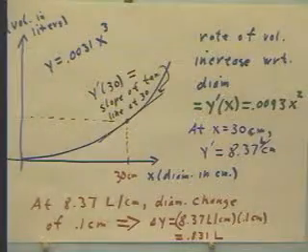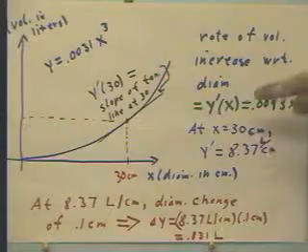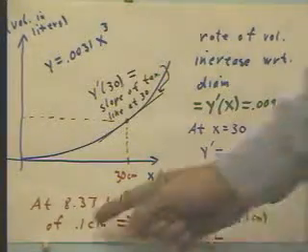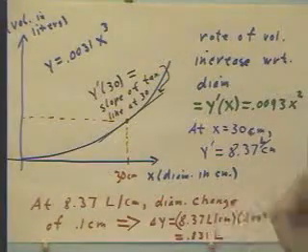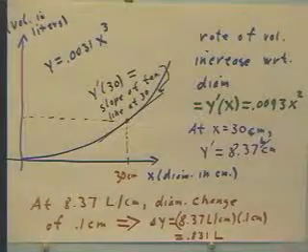So we see that by calculating the rate function, we can determine the rate at any given diameter, and then if we have a diameter change at that diameter, we can calculate the additional volume that will be required to achieve that diameter. Looking at the graph,